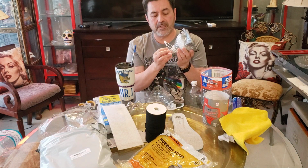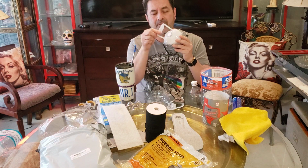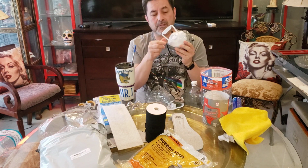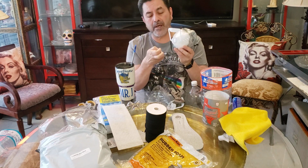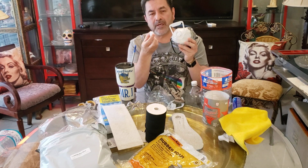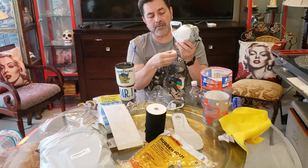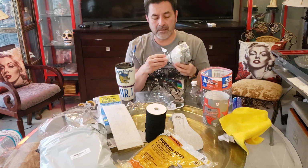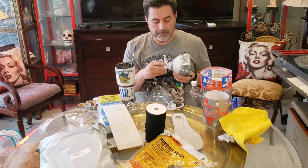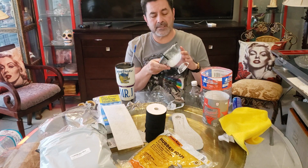So keep it open. You may even, and I left this on here to show you where this came from, the bottle, okay? But you could cut the ends off over here, leave the circle around it, and then get a little string and super glue it to here. That way, if it comes off, you'll have it on there, okay? Got that? Good idea, huh? So now that you have this all set up,